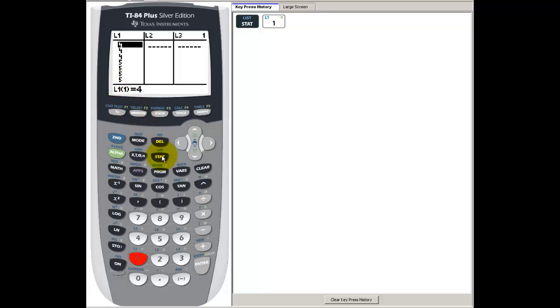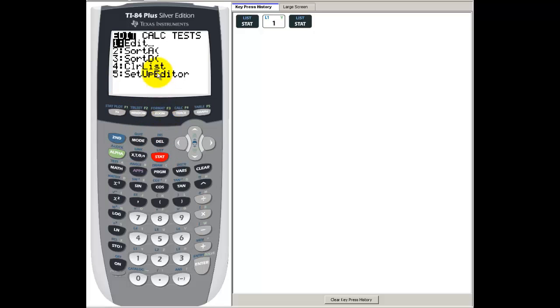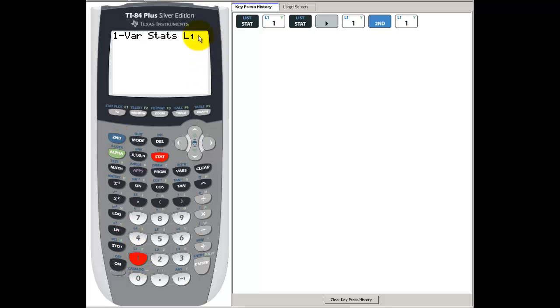What I'm going to do then is press Stat, and scroll over with the arrow key to Calc, and do a 1-Var Stats. It's going to do my one variable statistics. I don't have to do this next step because my data is in L1, but I'm going to go ahead and specify it. 2nd 1 posts that I am looking at L1, the data that is there. If I had data in another list, this is the way I would make the calculator look at that specific list. When I hit enter,